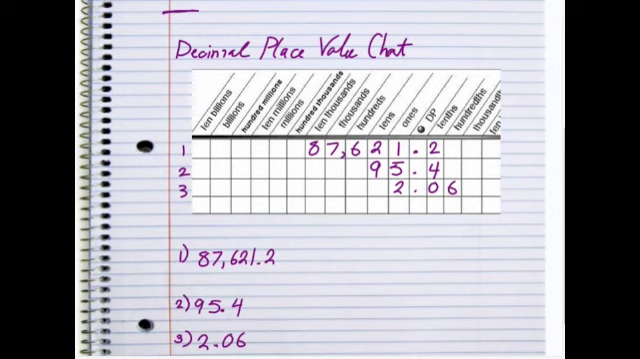So the first number is 87,621 and 2/10. The title of the decimal form, the last word that is going to be written out in any decimal notation number, is wherever the last digit falls. So let's look at that. This number specifically is written out